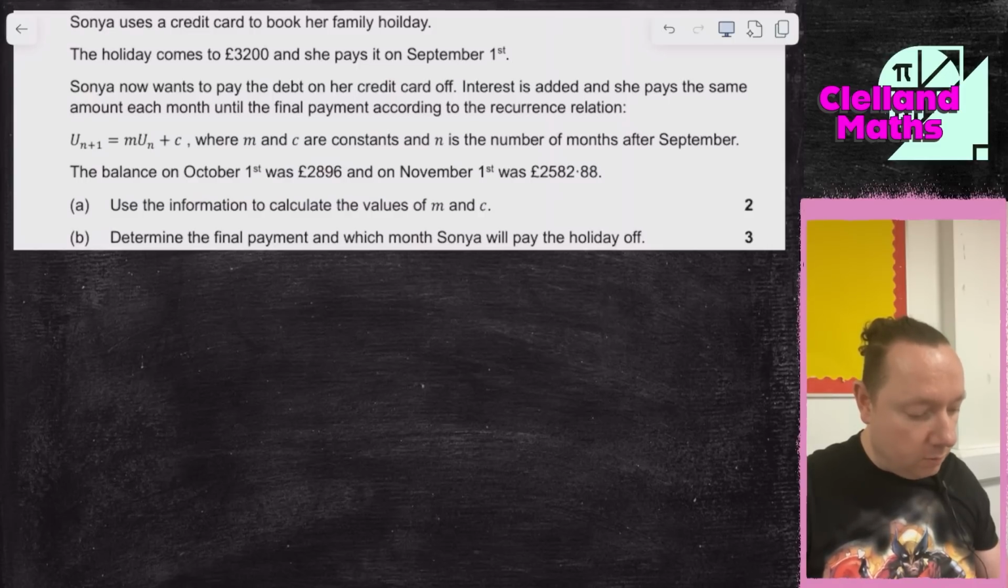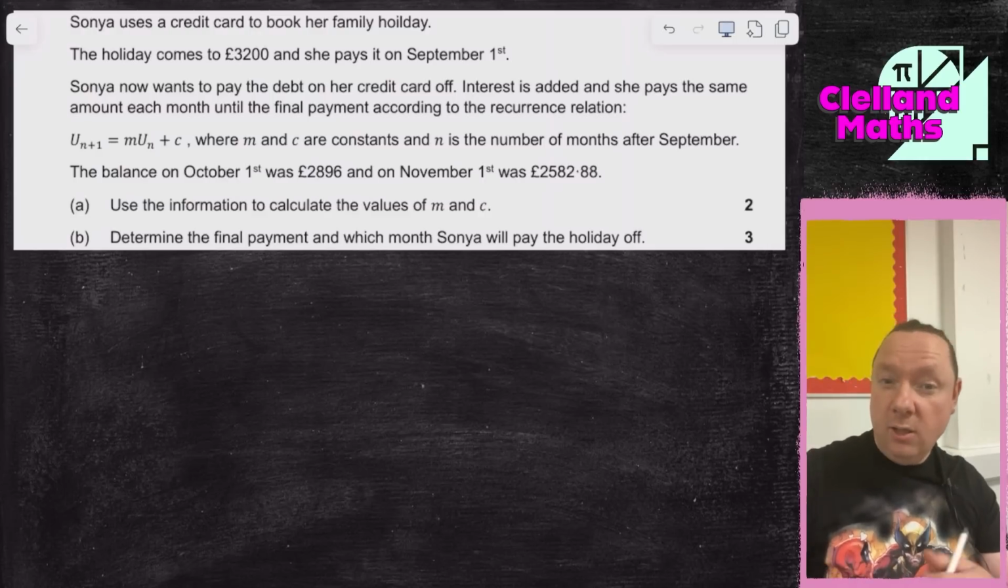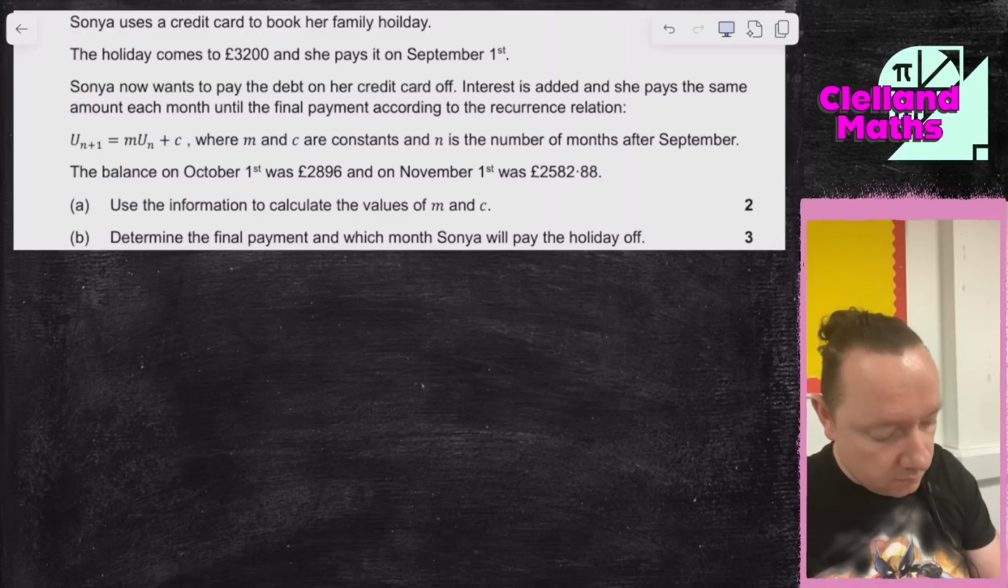The balance on the 1st of October was this, and on the 1st of November was that. Use the information to calculate M and C. So we'll just substitute in and do some simultaneous equations. So part A,